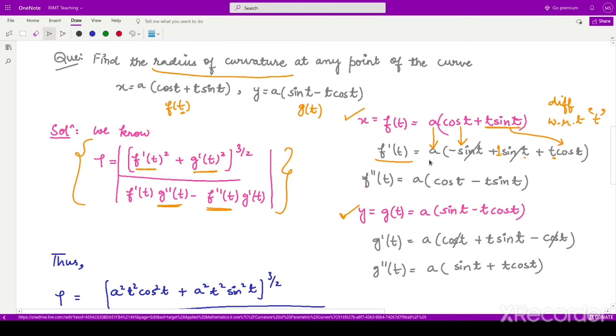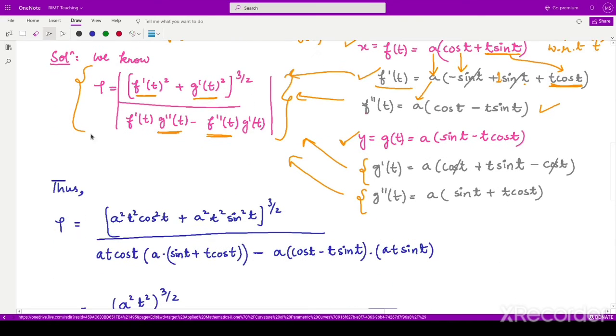Similarly, we can double differentiate it. Here a as such, this sine and sine terms cancel, so we are only left with this term. So here the derivative of the first term, second term as such, then first term as such, the derivative of cos t would be minus sine t. So this is f double dash t, this is f dash t, and then similarly you could calculate what is g dash t and g double dash t. Once you have all these values, you can substitute these values here in this formula.